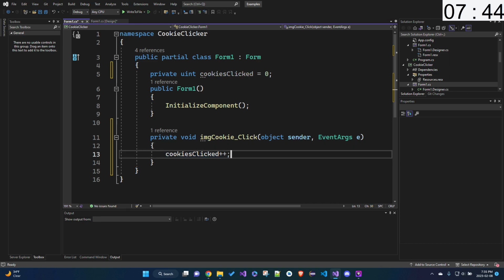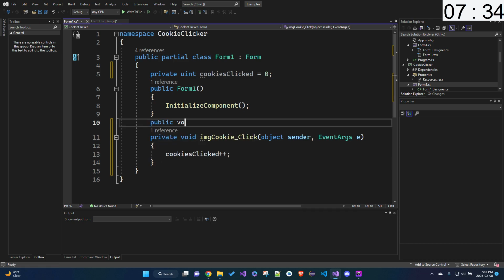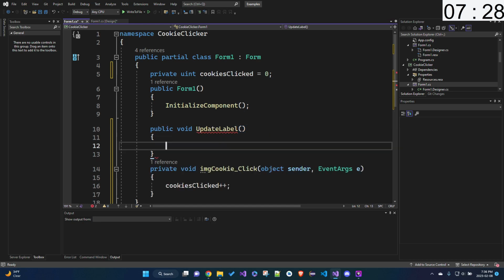Alright, now what else do I need? I need... I probably don't need a method for this, but I'm just going to do it anyway. So